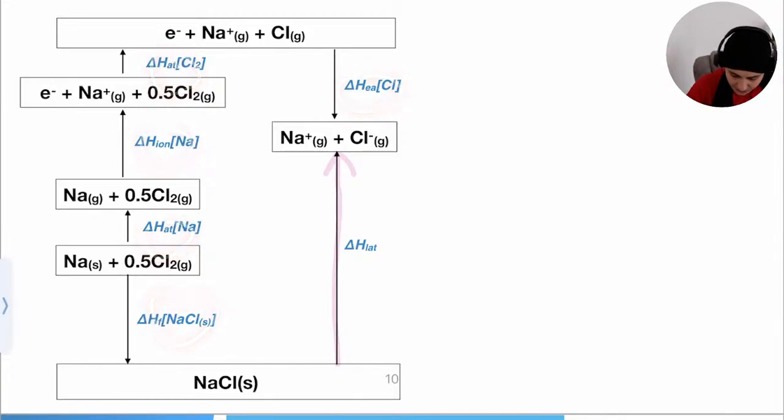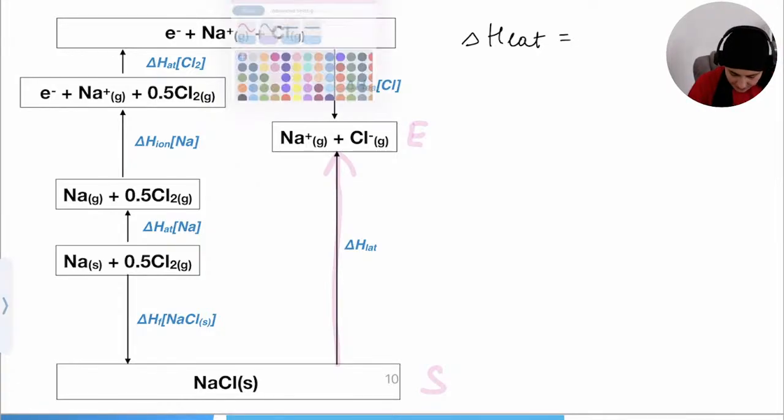So we said that this is my direct route. I'm starting with NaCl and I'm getting Na+ and Cl- gas. Now I'm saying lattice enthalpy equals, now I'm doing the same reaction but indirectly. So if I start off with,